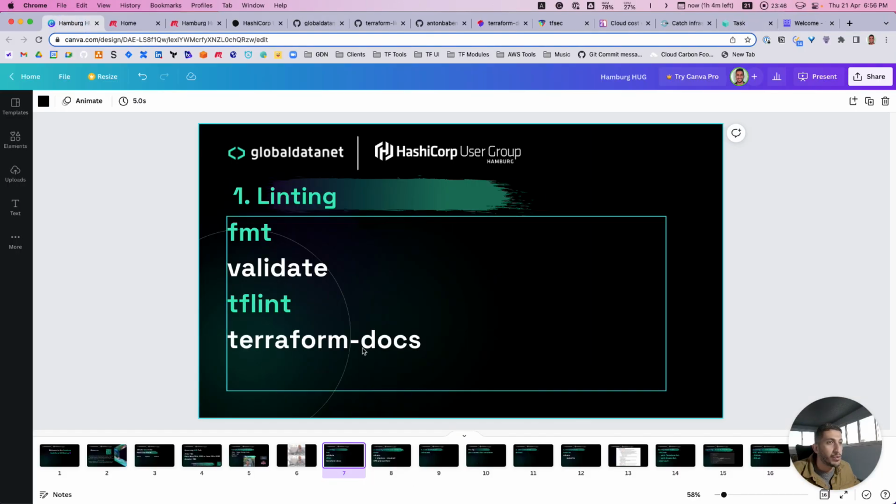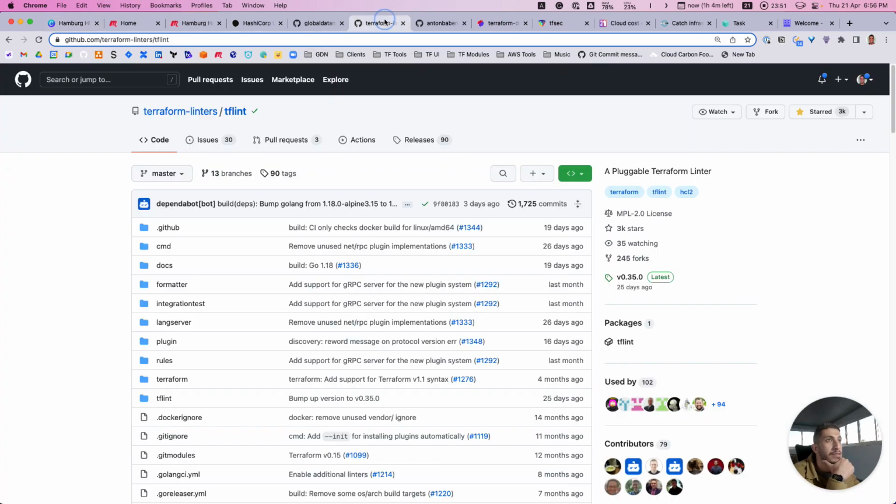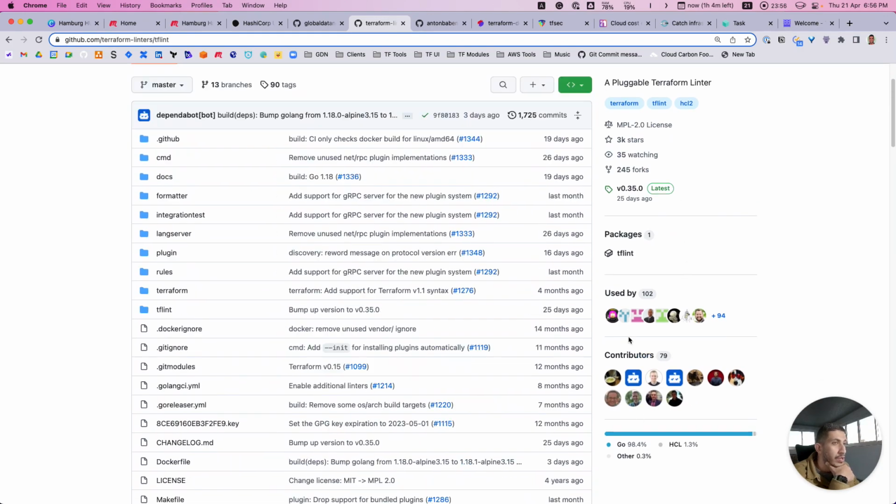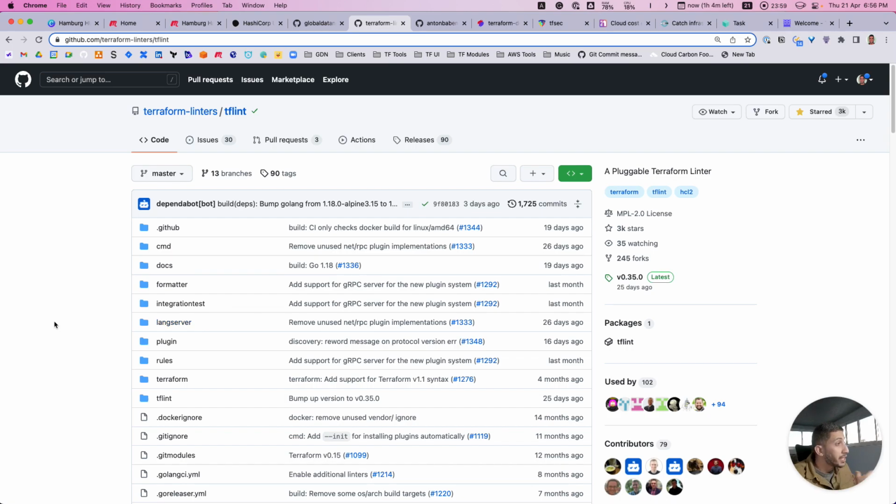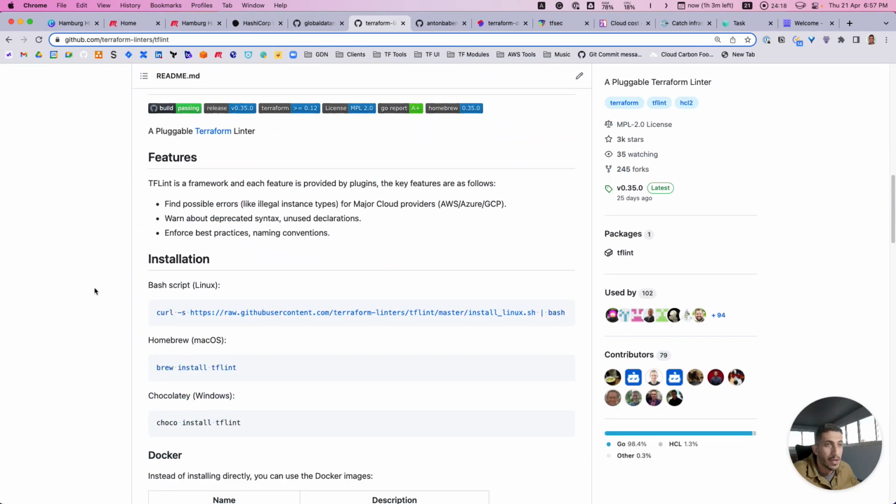So if we go back, there is TFLint. TFLint is an open source tool written in Go that is trying to do linting for Terraform. If you work with Python or other programming languages, there are already linters out there. But for Terraform, since it's a declarative language, there is not much. But this project is really cool, and I guess they deserve a star here. You can jump in right away and install it.